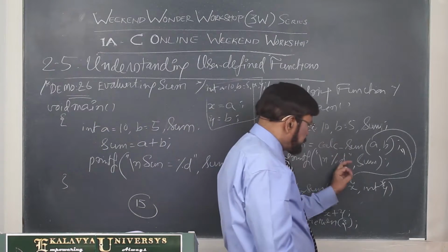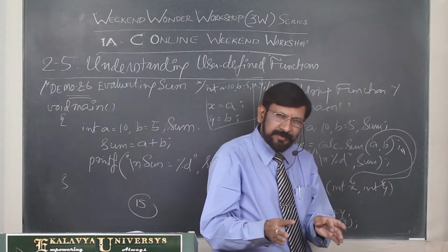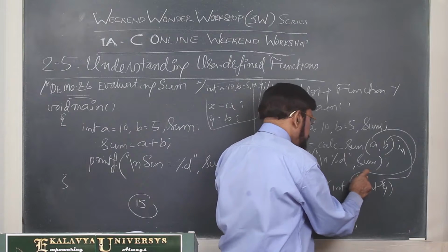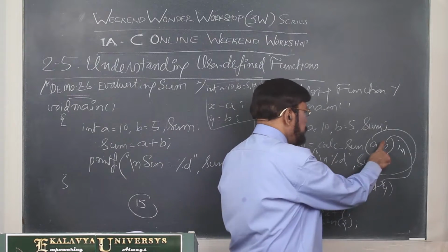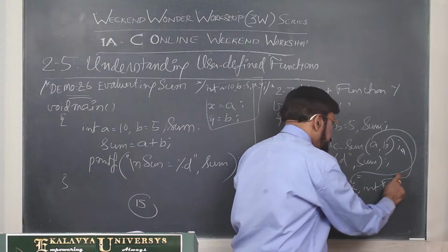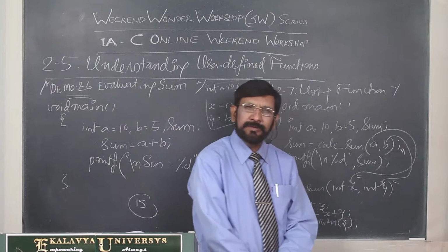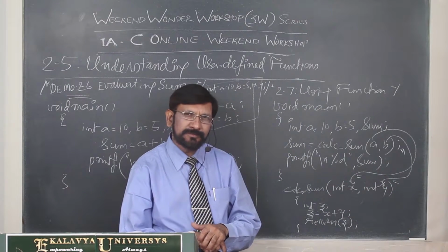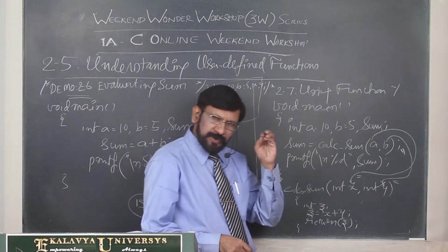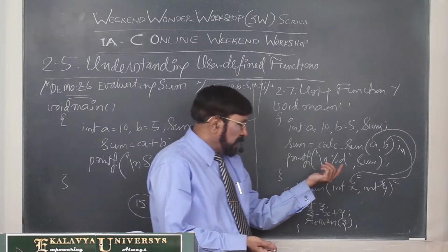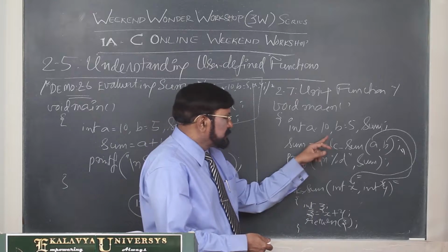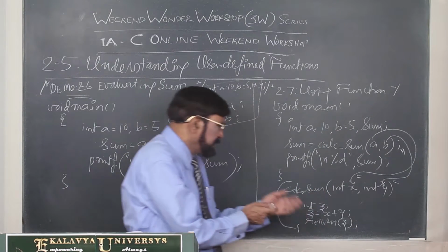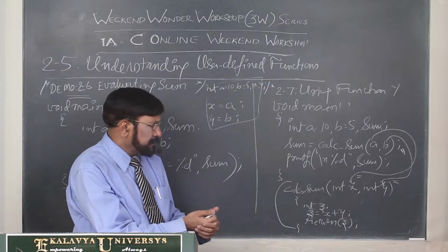Here you must understand, you must be convinced with this: a's value is copied into x, here is an invisible assignment, and b's value is copied into y, this is an invisible assignment. This point you must realize, then only you can achieve command over this. You should strongly believe that, because otherwise you are just seeing the result. Here see, numbers are here. In this block, are you finding any number? No numbers are there.